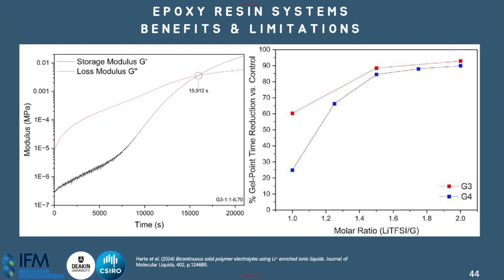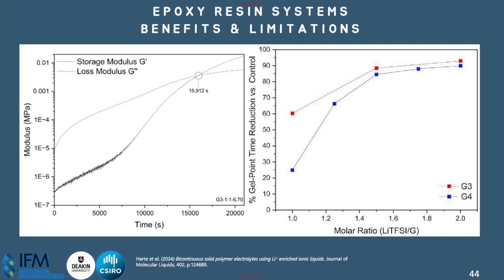So this has pros and cons. The advantage of this is that the resin can cure quite fast, and we could potentially have very effective fast industrial scale curing of these systems when applied in electrolytes. The disadvantage is that when you get up to the 80-90% curing rates, reduction in gel point times, you obviously are having issues with void formation, and you can't degas the resin, which of course creates mechanical weaknesses